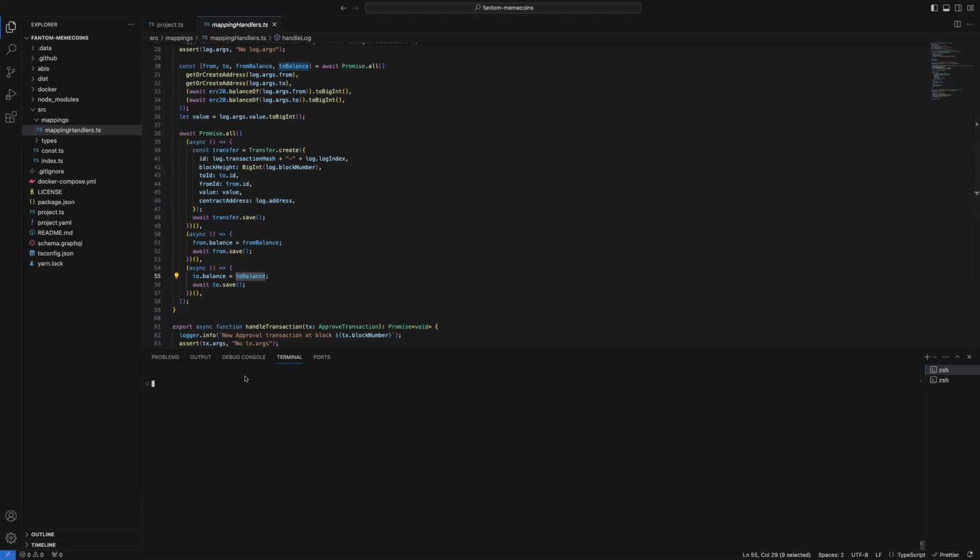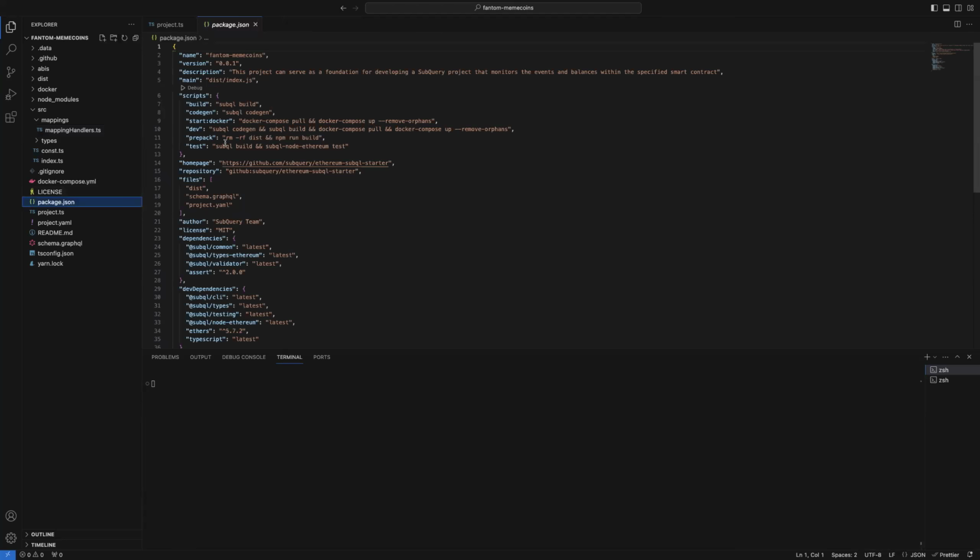So if I run the project, I can simply do it. Actually, a tip: essentially, there are 3 steps to run a project. First of all, you have to do a codegen. Codegen generates a bunch of files, including types.